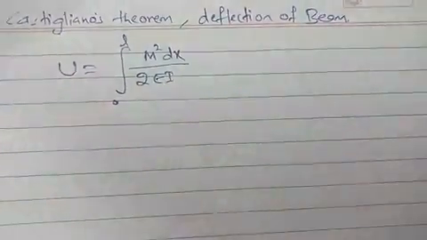Here we know strain energy is equal to integral 0 to L of M square dx by 2EI. This we have derived. Now first problem we'll take the cantilever beam with point load